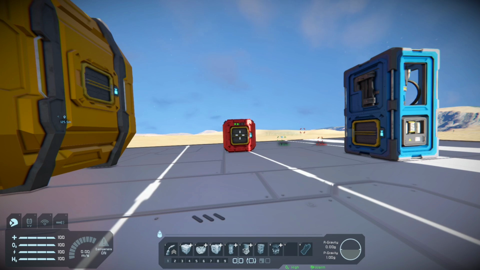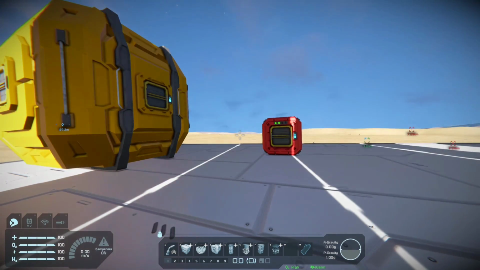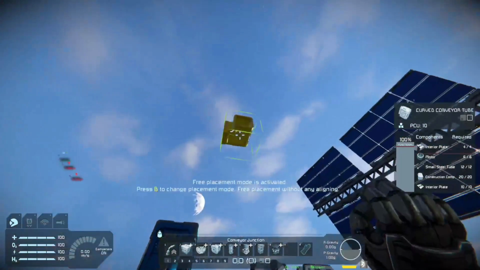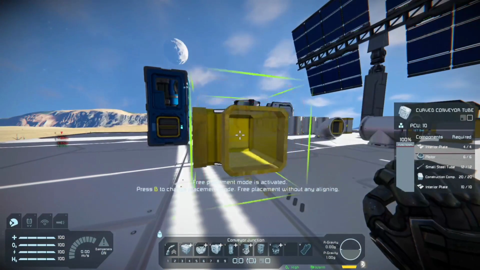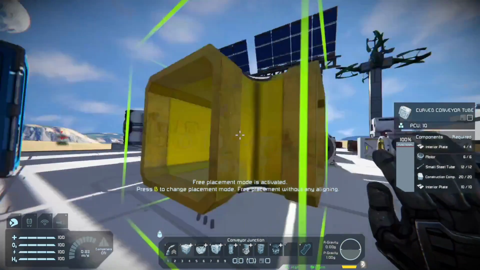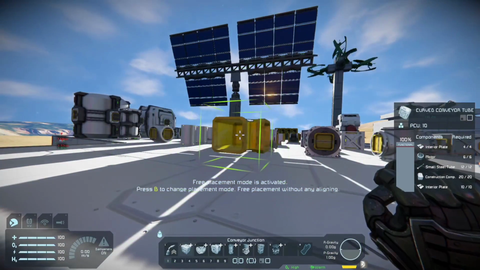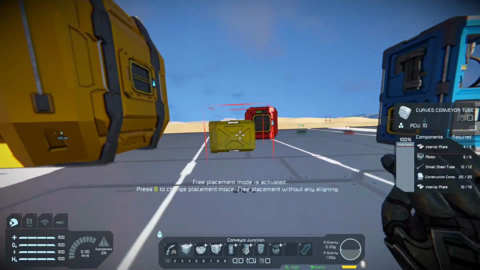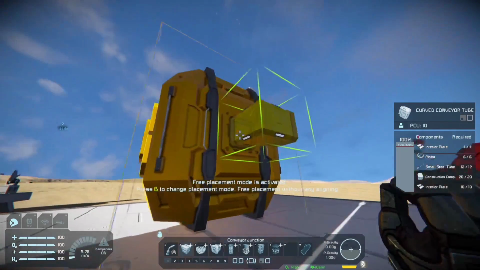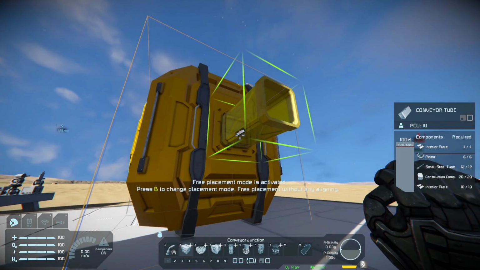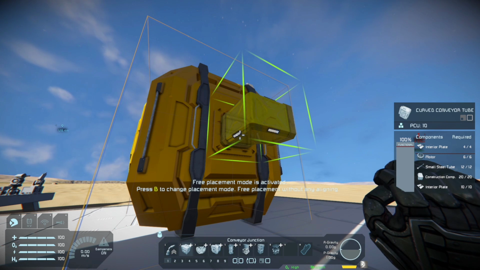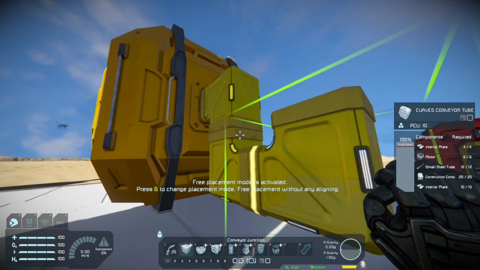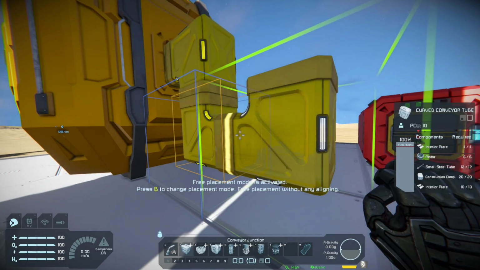Now, when it comes to using conveyors, the one thing you have to keep in mind is making sure you match the large ports with the large port of the conveyor. Now, this does mean the same thing for small ports on small grid ships, but the concept is still the same. When we go to connect, we want to make sure that we're on a port on the inventory we're trying to connect. So we'll go from the cargo container,